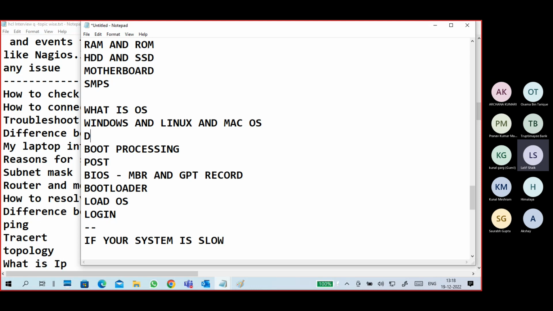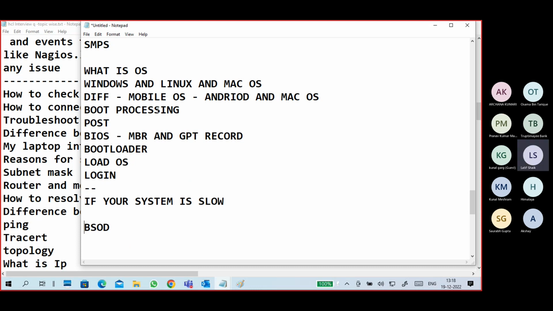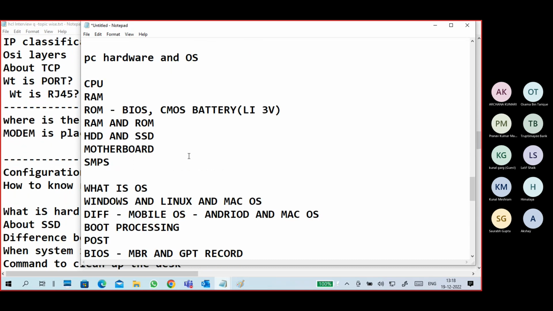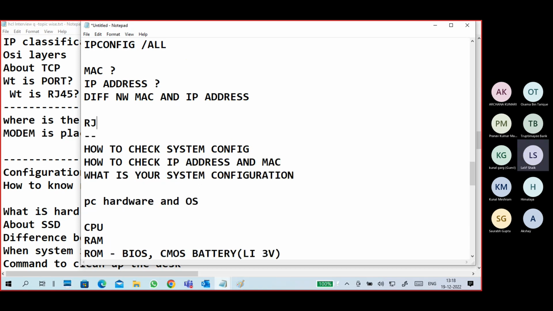Again, difference between mobile OSs like Android and iOS. If system is slow, what to do, what is BSOD, what is safe mode. In networking, what is RJ45?